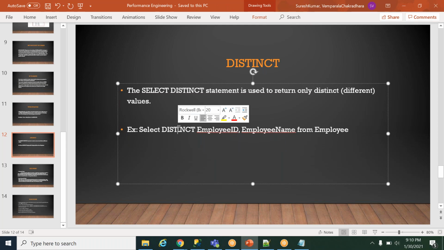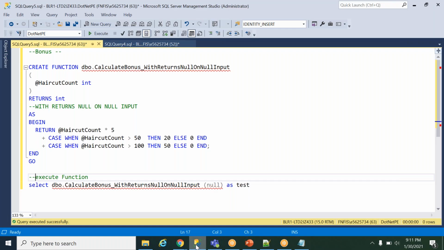Distinct values means unique values only, and it will avoid the duplicate values. In certain scenarios when we fetch data from the database, you will find duplicates in the table.